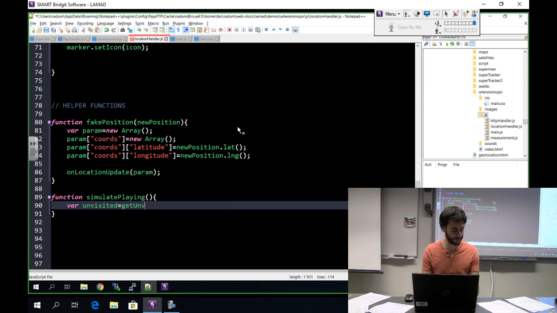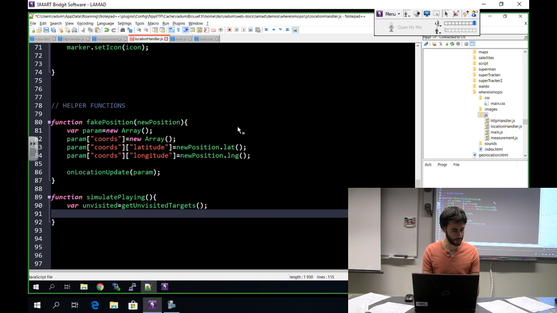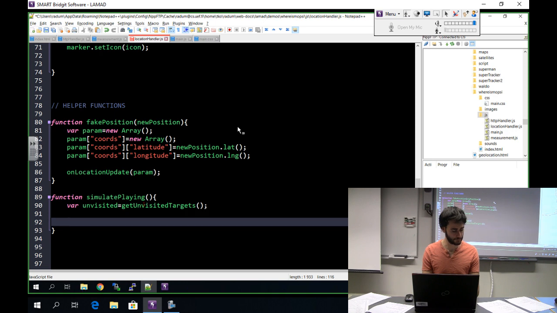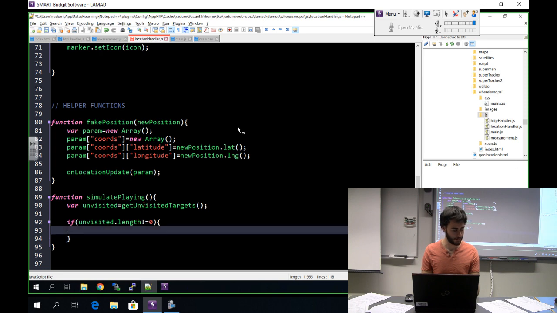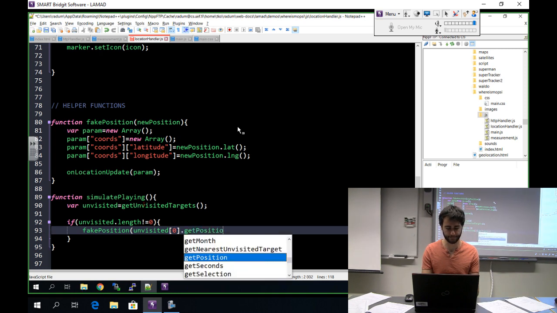Get unvisited targets. Okay, if unvisited length is not 0, fake position to our first unvisited target, get position,